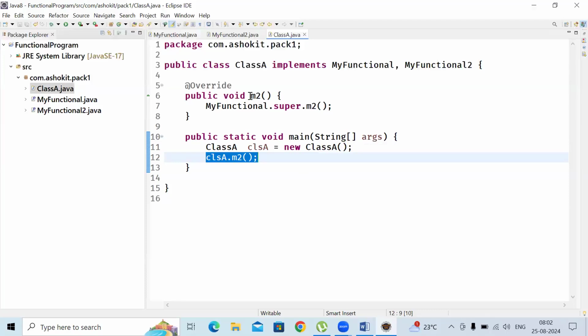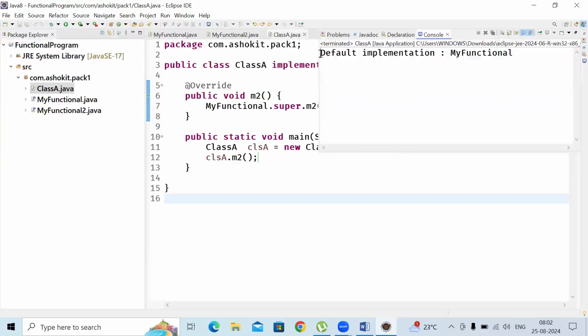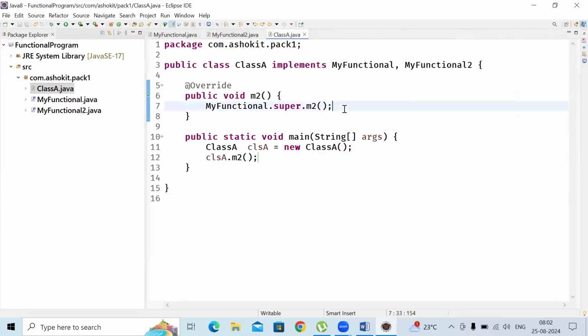Now whose M2 is being called? My M2 method is overriding, so the overriding method M2 is calling whose default method? My functional. Let's see. Did you get the output? Yes, the default implementation of my functional. If I write my functional 2 dot super dot M2,